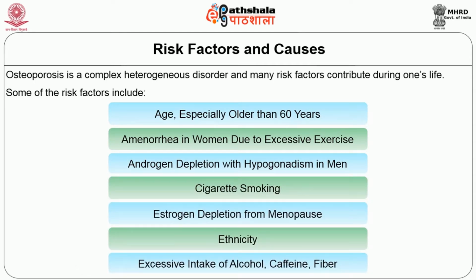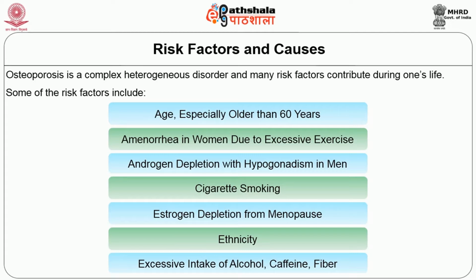What could be the risks or the causes of the prevalence of osteoporosis? As you have understood, it is a complex heterogeneous disorder. There might be many risk factors in one's life. As I have listed, it could be the age, especially older than 60 years,